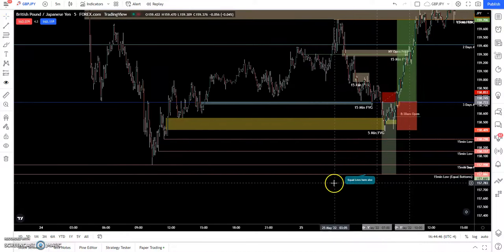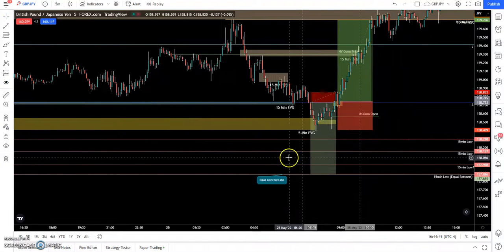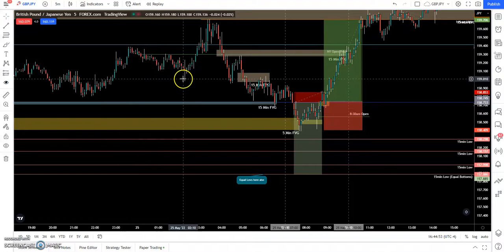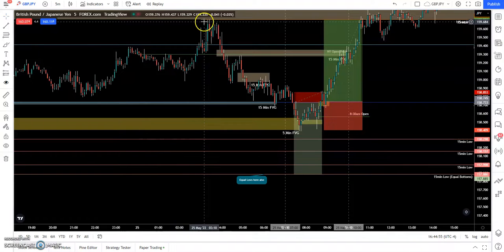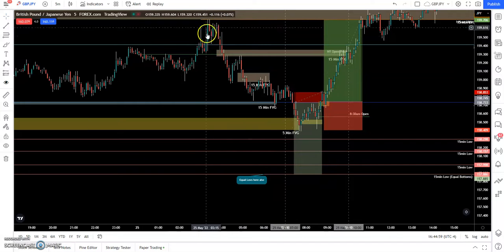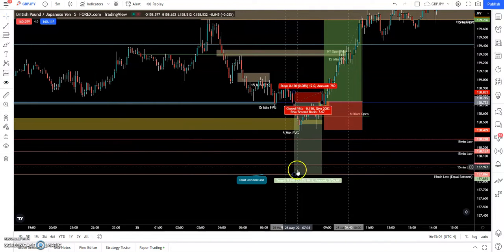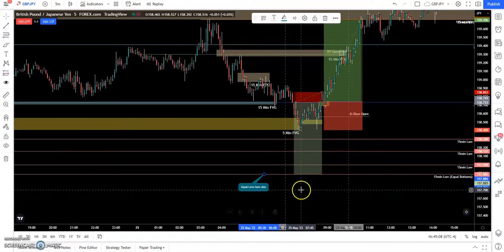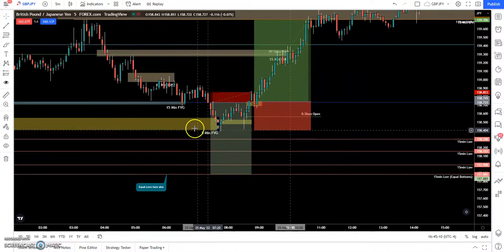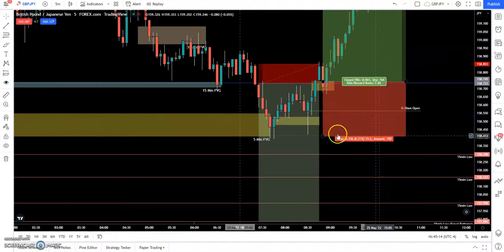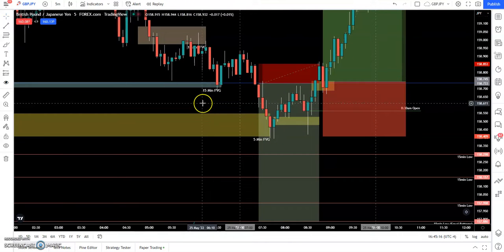I thought what they would have done was we came in, New York open, dipped down, went higher. I thought the market wanted to continue to go down, and I thought this was the Judas swing, and they were going to take this, where we've got the equal lows. Obviously, as you can see, I was wrong. So what we had is, if I zoom in and show you,